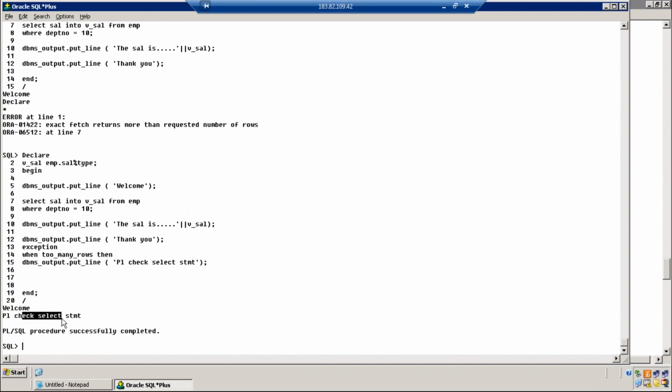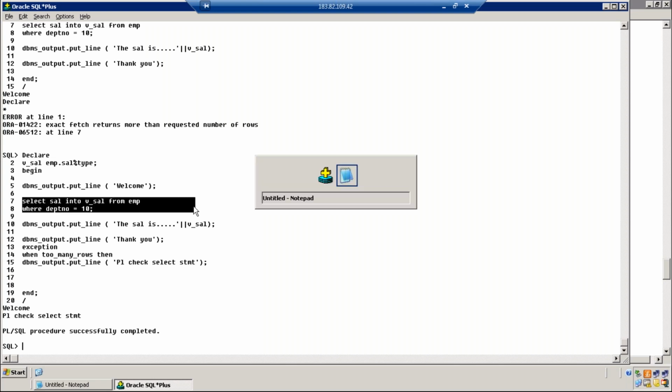You're getting welcome and please check the select statement. That means line number 15 is executed, control has entered the exception section. What exception is raised? TOO_MANY_ROWS exception is raised. I hope it is very clear when it is raised: when a select statement returns more than one row.